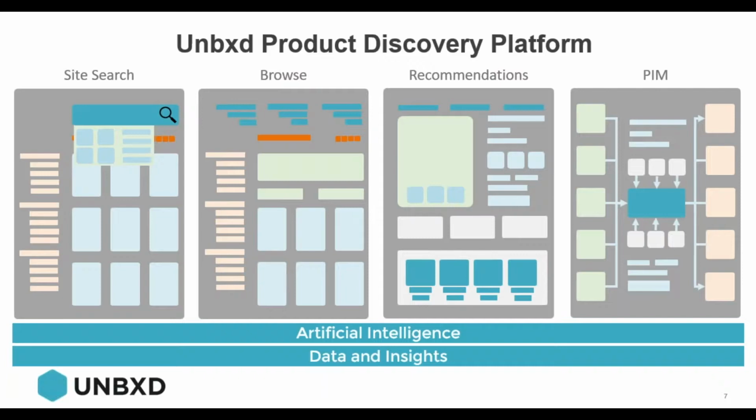So how do we do this? The most fundamental layer actually is our data. Many companies today will tout AI and machine learning, but what they gloss over is that building AI and machine learning requires a lot of clean and labeled data to build and test new machine learning models. And this is our core Unboxed advantage. We have a massive data set of more than 500 million products that allow us to build very sophisticated algorithms. So our site search and auto suggest, browse, product recommendations, PIM, they're all built on this underlying